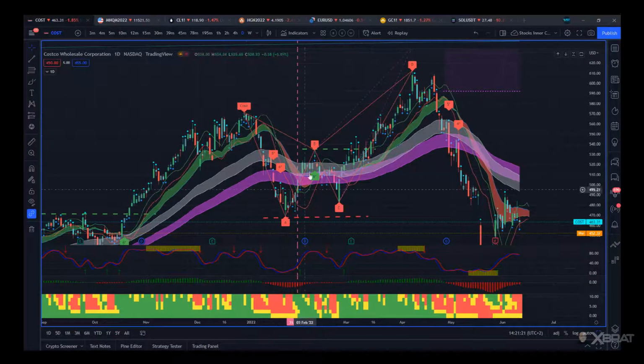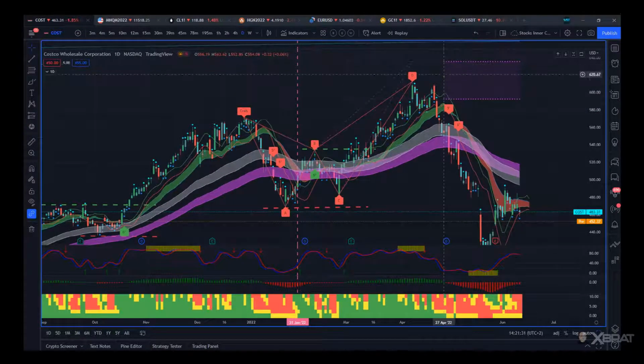I'm seeing a crab pattern on the auto harmonic pattern software as part of that swing trading bundle. When that completes in this automated completion zone that's shaded in here, there's going to be a short. So for me, I take my profit aggressively at this point. I am just going to highlight that